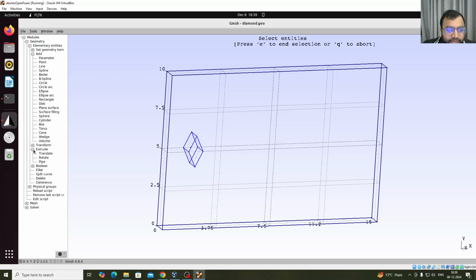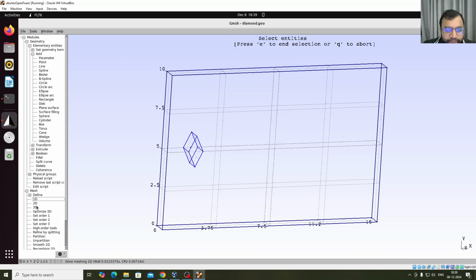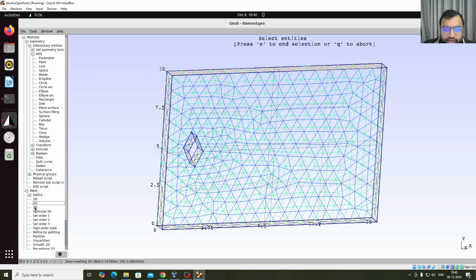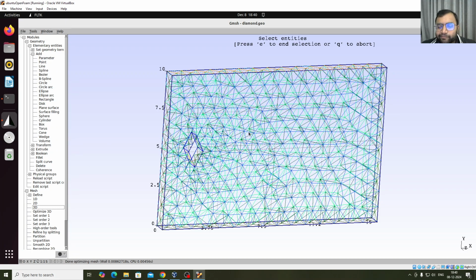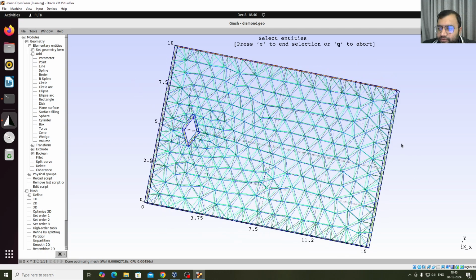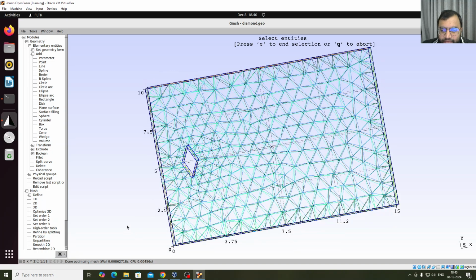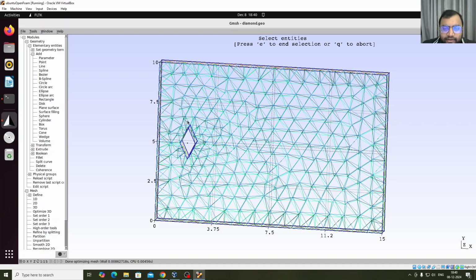Now after that, let's create meshing. So meshing is 1D, 2D. This is 2D meshing, and this is now 3D meshing. So we need to analyze near the diamond shaped body what flow situations may arise. So to refine more to get more accurate results, we need to refine meshing near the diamond shaped obstacle. To do this, go to edit script